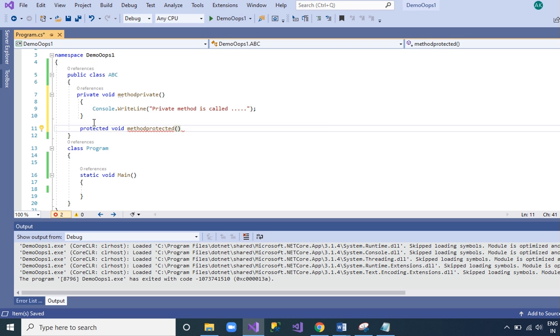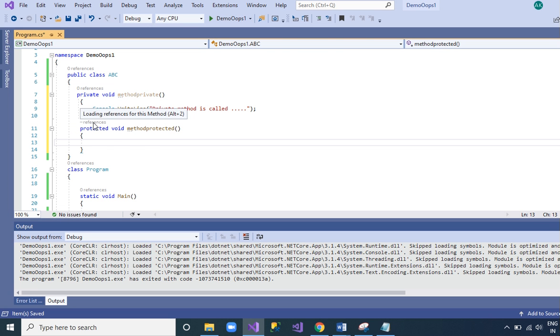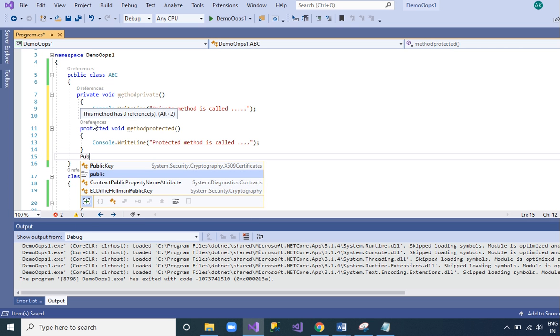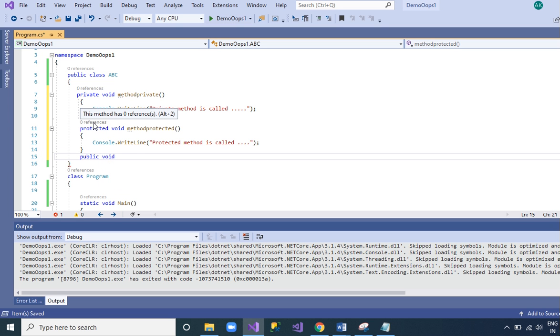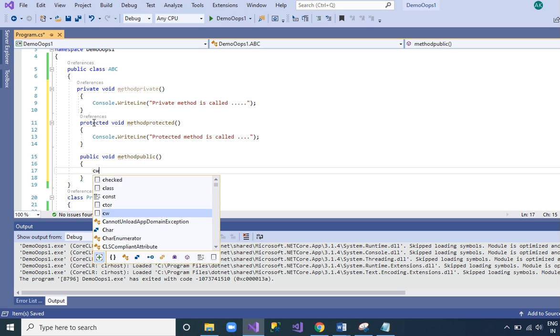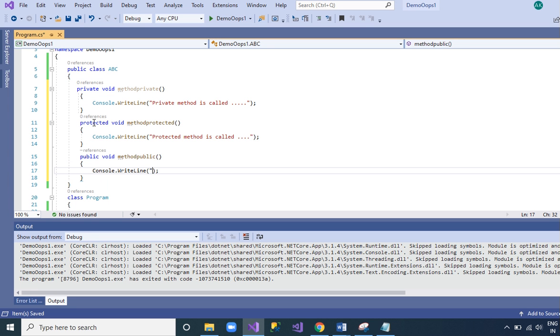Now we can write our message: protected method is called. Now we can make a public method, public void, with the name public, and the message: public method is called.